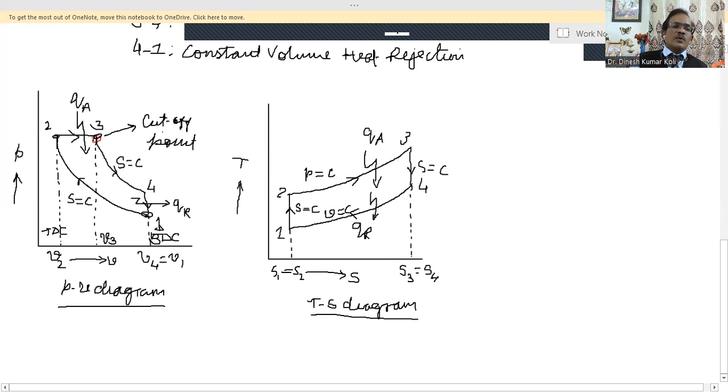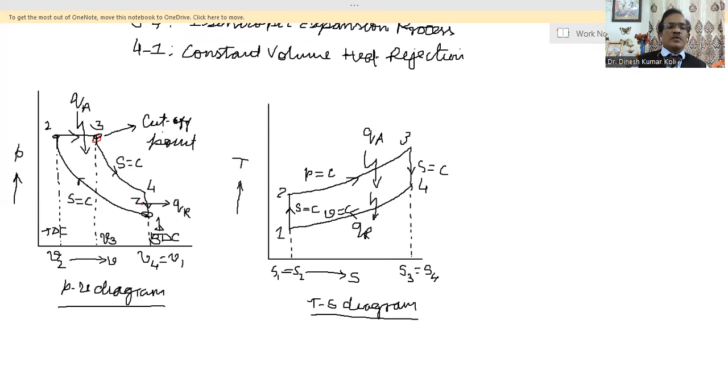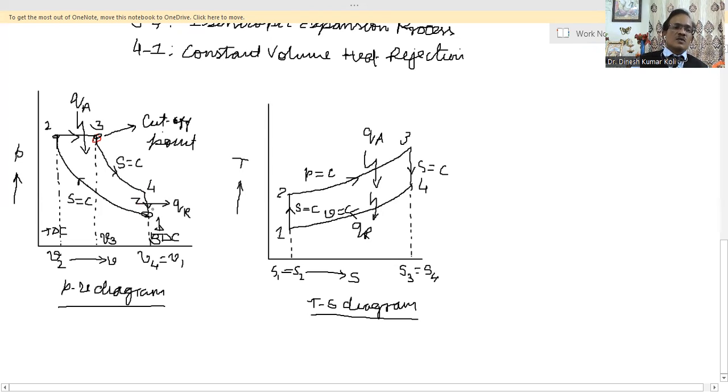After that, the process 3 to 4 is the isentropic expansion of the cycle. So in this cycle, because of the high pressure and temperature of the combustion gases, they will push the piston and the piston will move to the BDC position. So in this 3 to 4 process, the power is received from the cycle. At point 4,